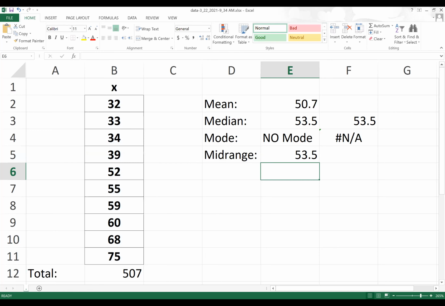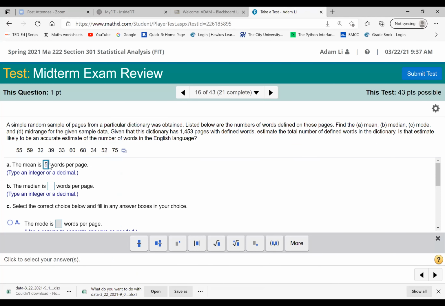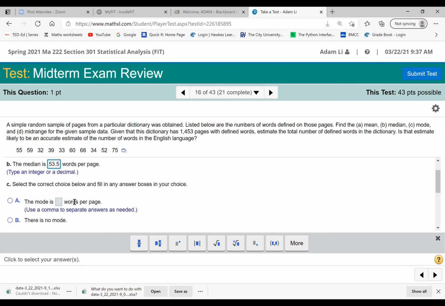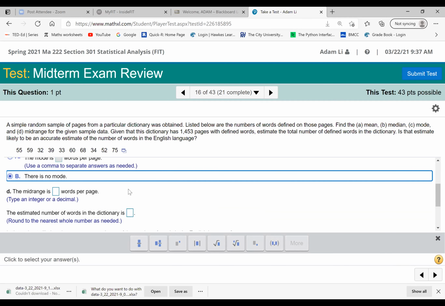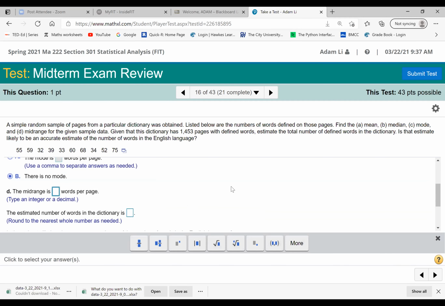Then we get all these numbers. Let's see what else they want. So 50.7 for the mean, the median is 53.5, and no mode. And the mid-range is